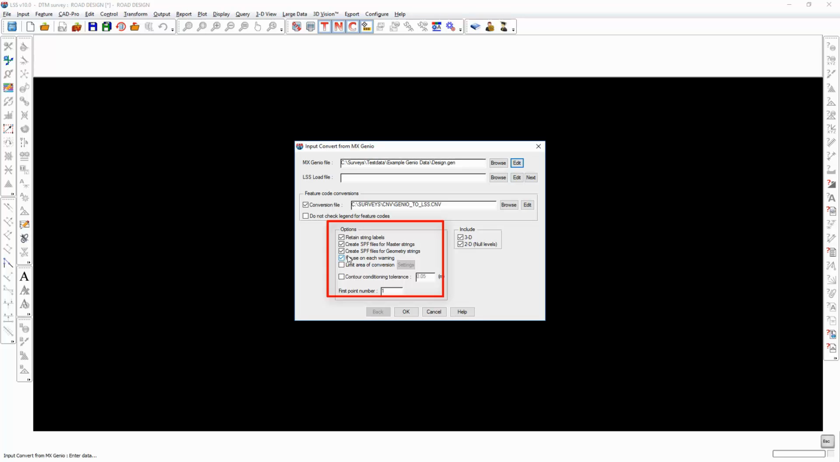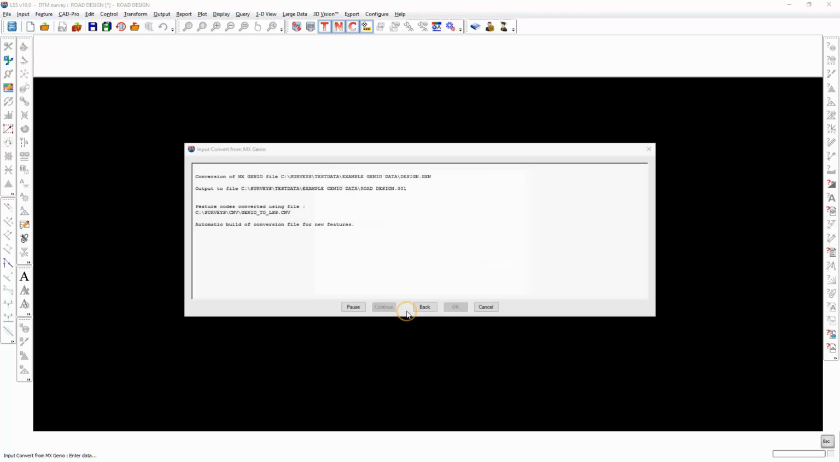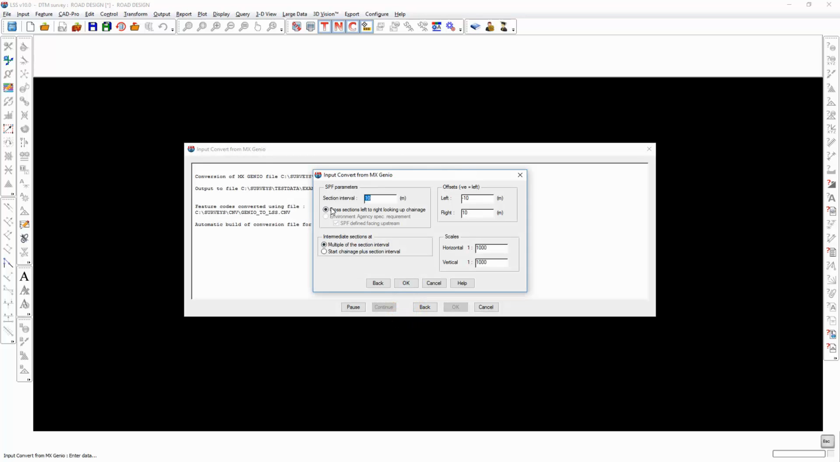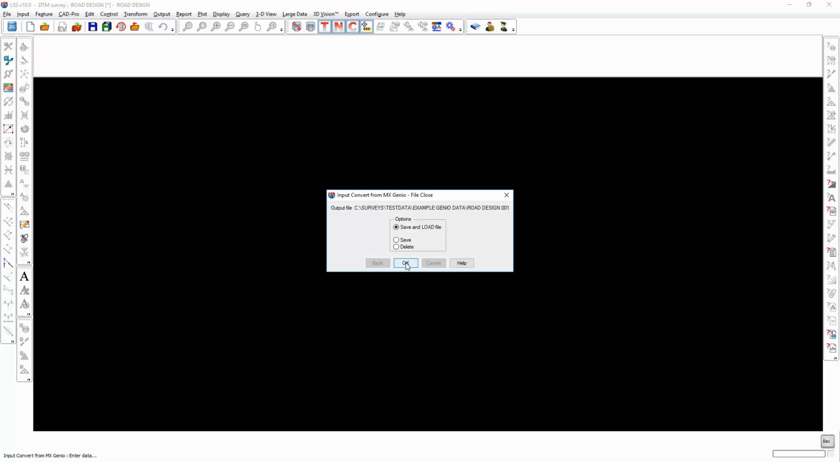Also, because this is a road design, it will contain master strings and geometry strings, and what we can get LSS to do is automatically create SPF files for the master and geometry strings. That's what we're going to do, and because it has found master or geometry strings, it's now asking us for the parameters for the section position file we want to create from that. The section interval is 10 meters by default, and for example I want to put a corridor width of 40 meters, that's 20 meters left and right of the center line. If we now save and load,